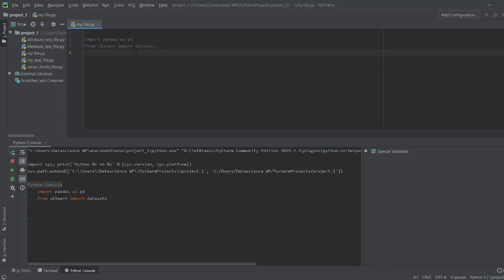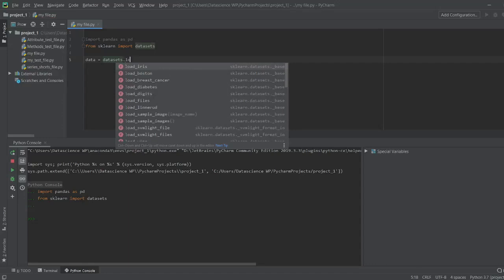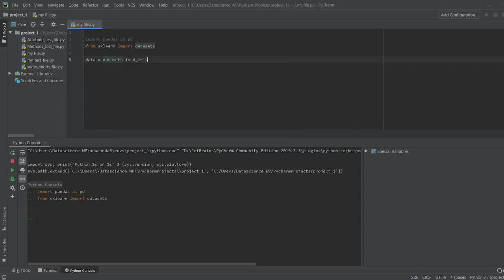Once both of them are imported, we need to choose the iris data set from the data sets that we just imported. I'm going to give the variable as data, and this is equal to datasets dot load underscore iris.